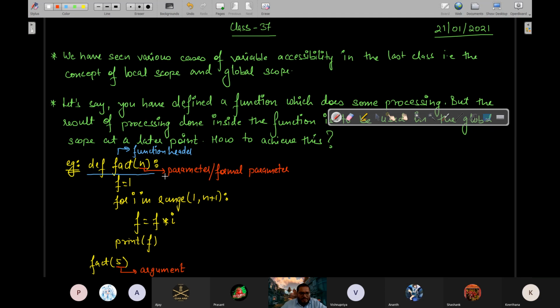Okay, formal parameter. Then this entire portion is called function call or function invocation.